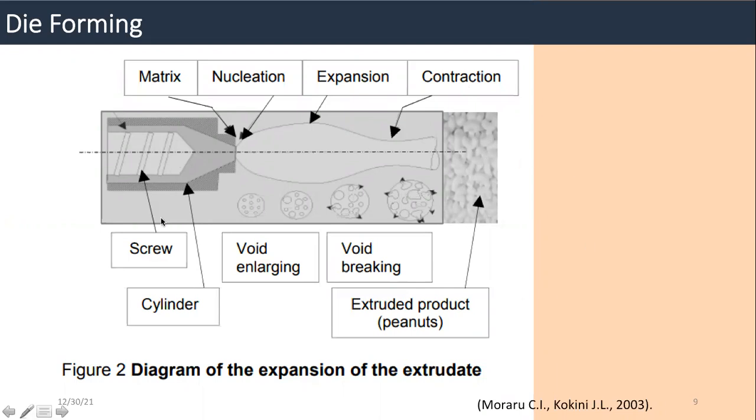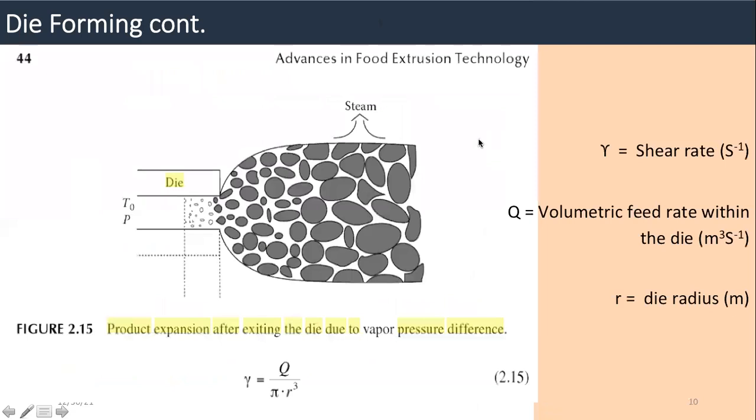And in this example, you can see the extruded products, peanut-like extruded products, right? And I think it's very clear how to develop extruded food products. Here also you can see, this is actually a very good picture. You can use this as a short note. In this picture, you can easily understand and study